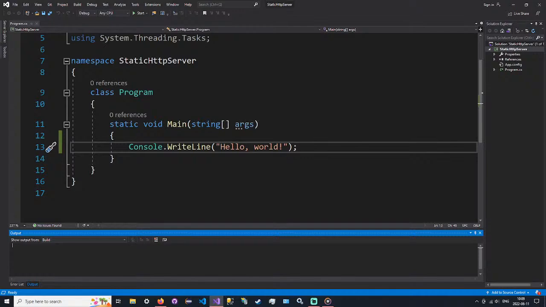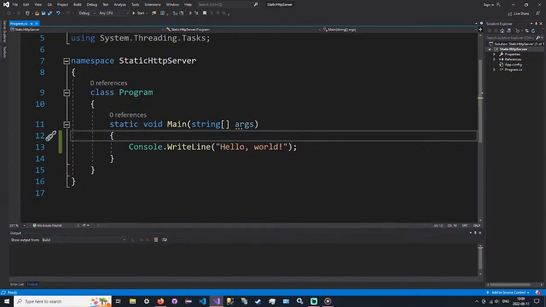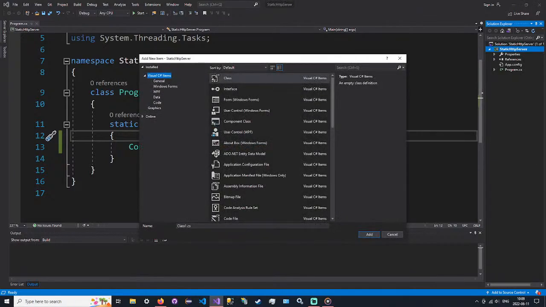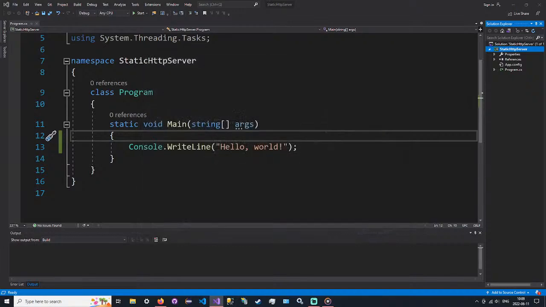Okay. So we're going to start, I guess we can either create a class or we can just go out of the main file, and I was thinking let's create a class, because the point of the static file server is that you can run it anywhere. So we're going to want to pass in parameters, and it might just be easier to organize things into a class. So I'm going to call it StaticFileServer.cs,